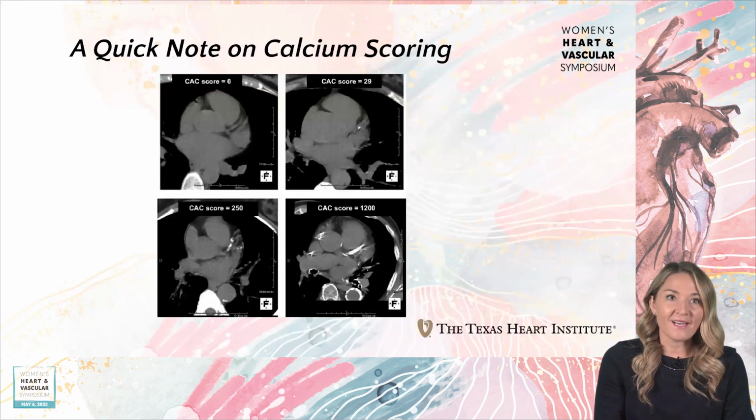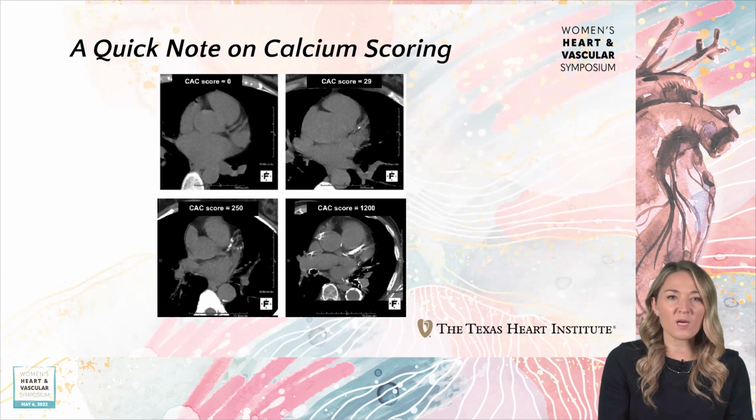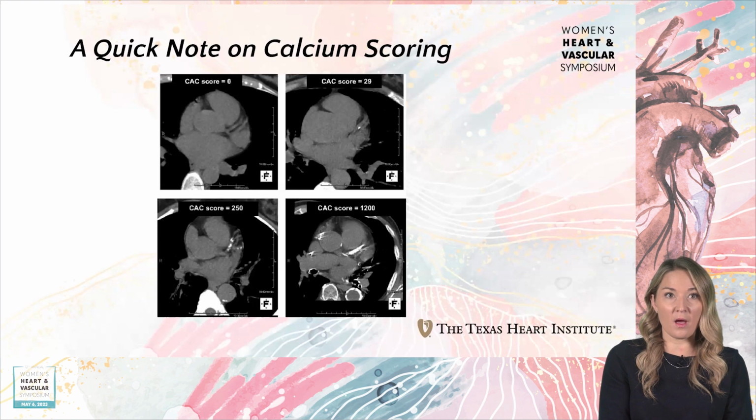A quick note on calcium scoring as it relates to coronary artery disease, because this is a very, very hot testing tool that we use for patients to risk stratify. Do you have coronary disease? Are you asymptomatic, but you've already started the ball rolling and putting plaque in your arteries? This test is non-invasive. It's a plain CAT scan. It can be done at many facilities, and it takes less than a minute to perform, and it can give you, the provider or the patient, a lot of information about what your patient's risk is.